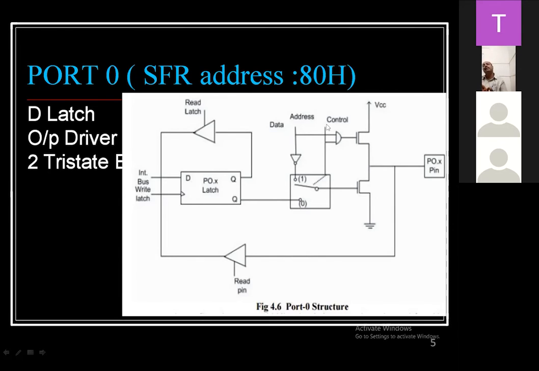Bidirectional means if it is input, it comes inside, if it is output, it goes outside. That's why the word bidirectional is used. Otherwise simply, it will work as normal input output pins. If control is 0, input output; if control is 1, address and data line. So this is the work of this particular control logic.